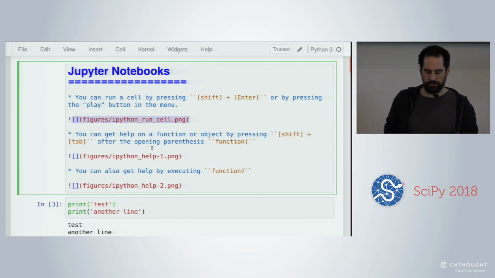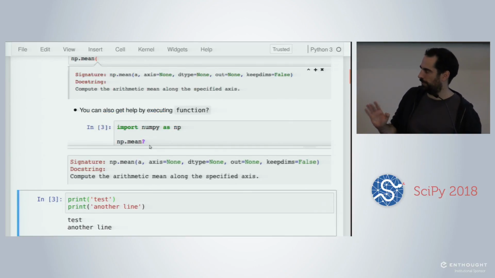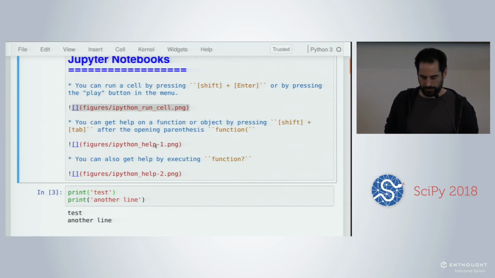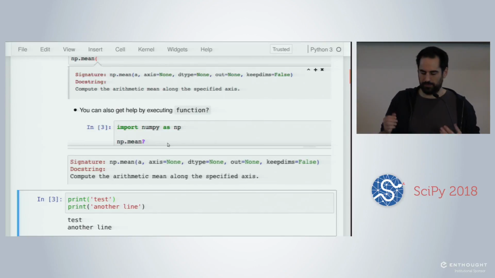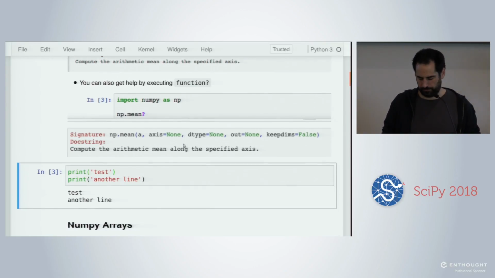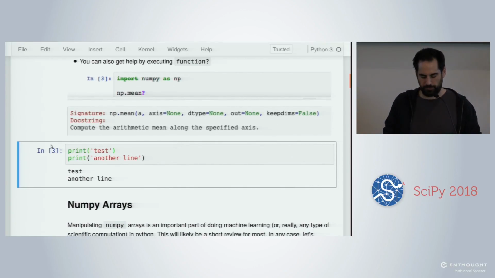So first, let's go into the blue mode, command mode, by pressing Escape. Then you can press B. When you press B, it will insert a cell below your current location. If you use the arrow keys, you can move the selection around.